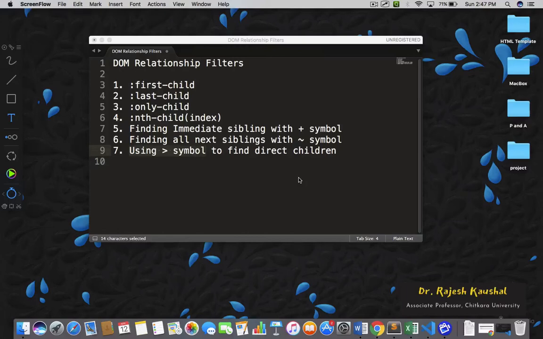Welcome back. In this lecture, we will understand DOM relationship filters. And in this category, we have 7 such filters. These filters are first child, last child, only child, nth child, finding immediate siblings with the plus symbol, finding all next siblings with the tilde symbol, and using the greater than symbol to find